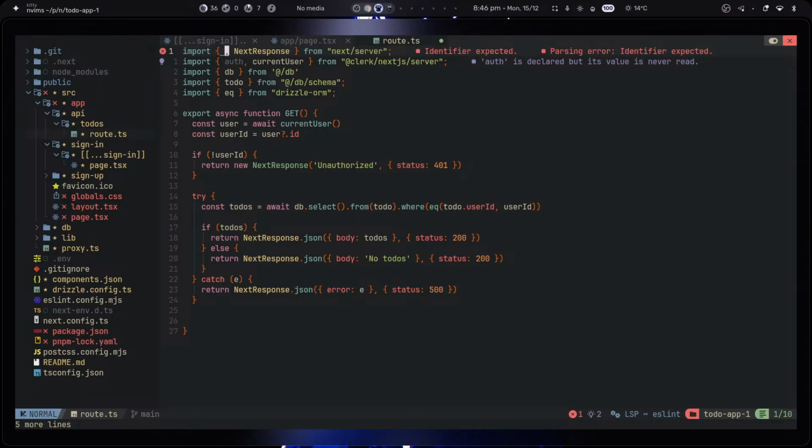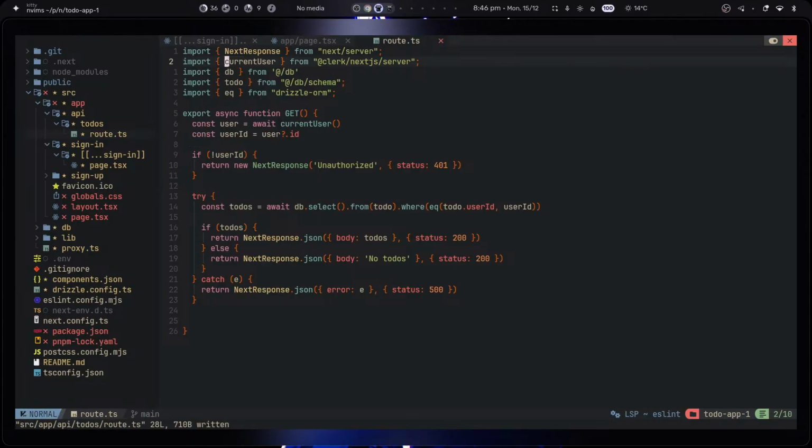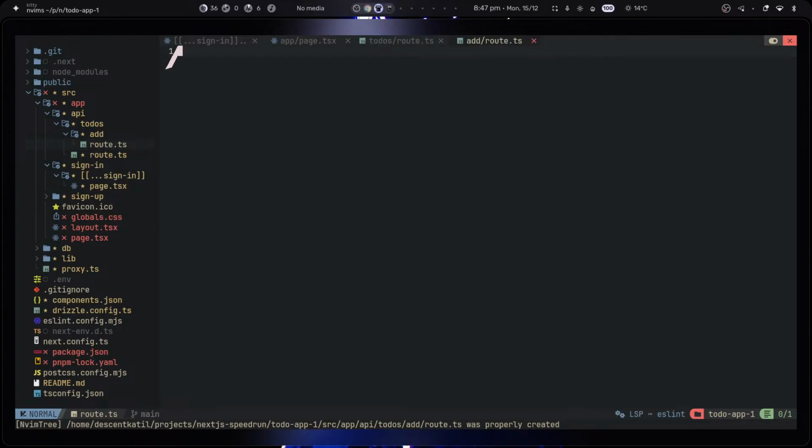And we don't need this, neither do we need this, so let's remove them. We should now be able to get to-dos if we want. I would also like to create a to-do slash add route, so let's try doing that as well. So add slash route.ts,